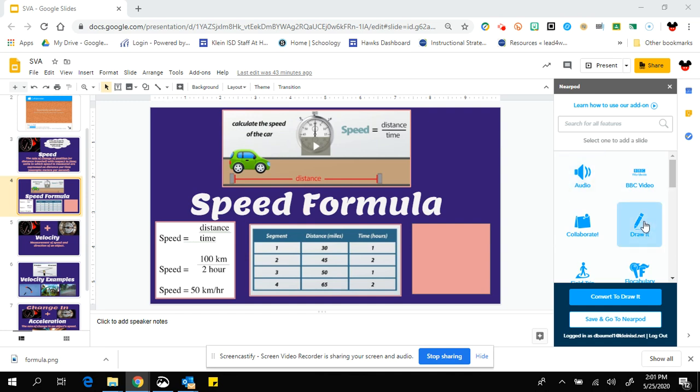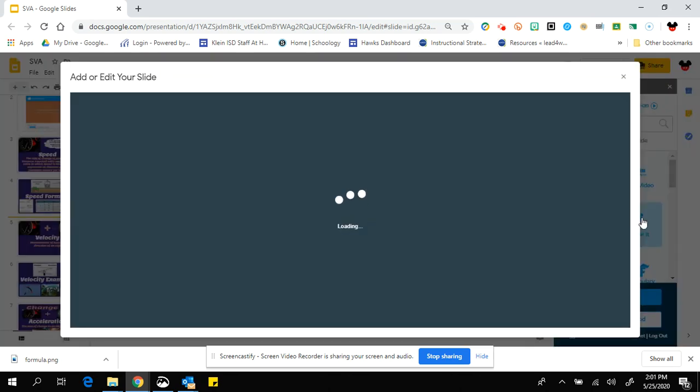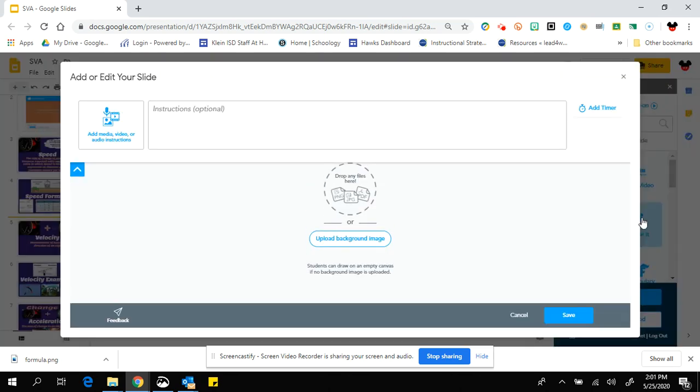I'm going to use the Draw It feature. And I want to put this in between slides 4 and 5 before they go into velocity. So I'm going to click between slides 4 and 5. I see my gold bar. Click on Draw It. And I'm going to show you 2 different ways that you can use the Draw It feature. If I want my students just to have the opportunity to write the formula, then I'm just going to put up here in the simple prompt in the top saying,